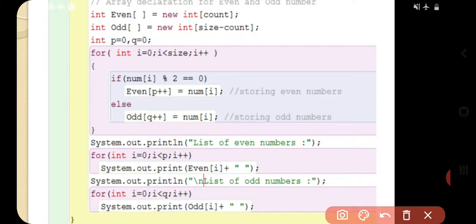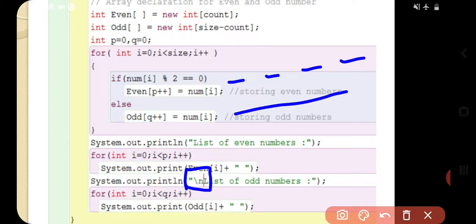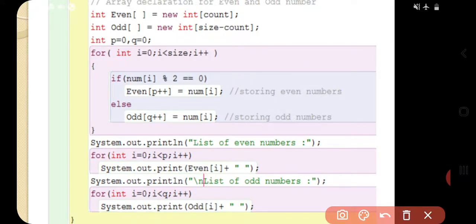And then I wrote backslash n here because print is going to print each and every element in this way, but is not going to change the line. And if we want the heading in the next line, then we have to use ln. Ln is going to change the line, and then the heading is in the next line.